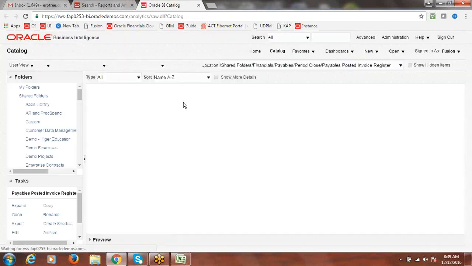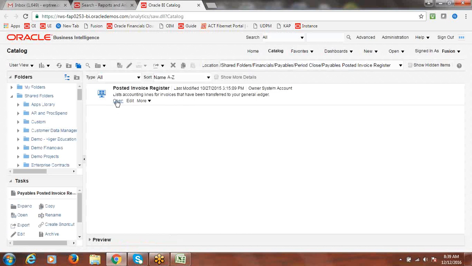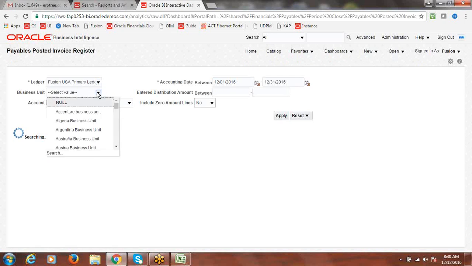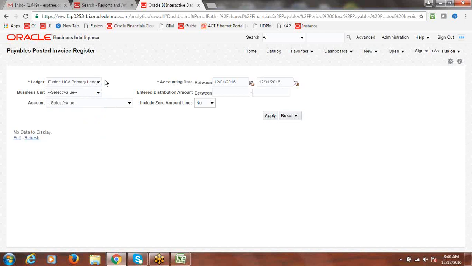Now we are in the BI catalog page, and here we have the option called open this report for parameter selection, and select ledger. If you want to run for a specific business unit, you can, or else we'll go with our ledger. Ledger we mapped with only one BU.